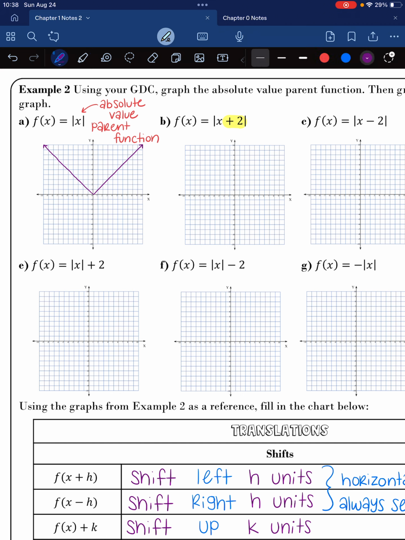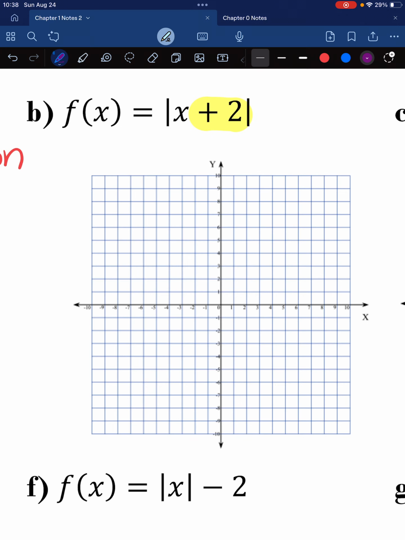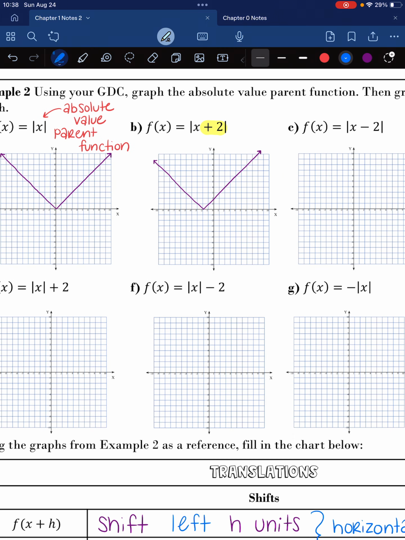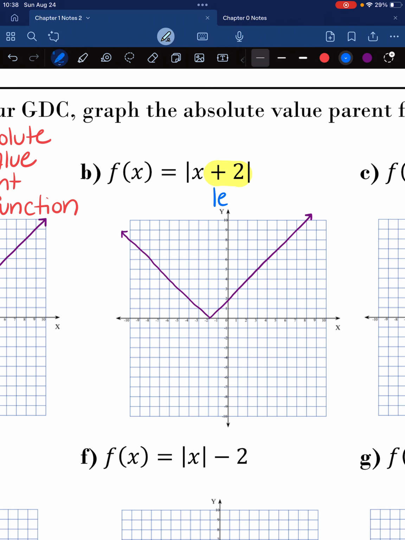And I do want you to use your graphing calculator right now to figure out what direction this is going to move the graph. So again, either on your calculator or on Desmos, type this in, and you should see that it still looks like the absolute value function, but it's just going to move it to the left 2. Which is kind of interesting that adding something inside the absolute value moves it to the left. That kind of seems opposite, because plus I normally associate with going this direction. But okay, so adding 2 moves it to the left 2,